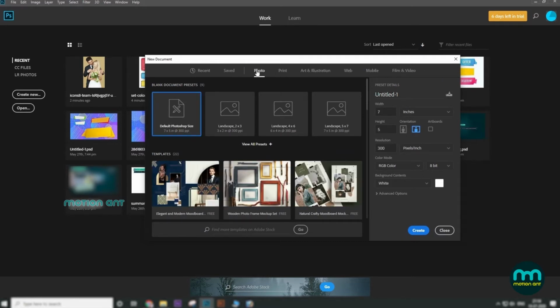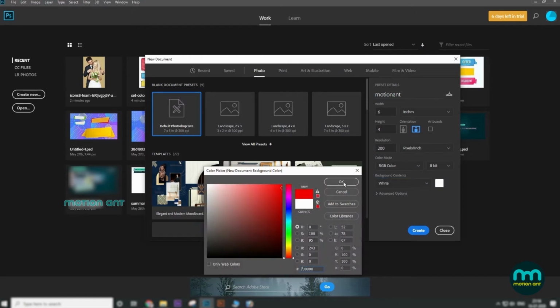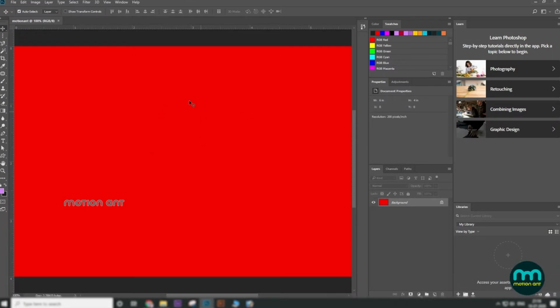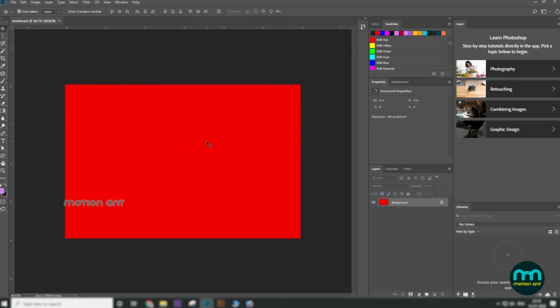You can also start from a customized setup, with preset details on the right, in order to fix the document width and height, its orientation, its resolution in pixels, and other advanced options such as the color of its background. When you go to Create below, a new Photoshop project or document is created and shown as an empty sheet with the size and orientation chosen, and listed as a small tab at the very top.